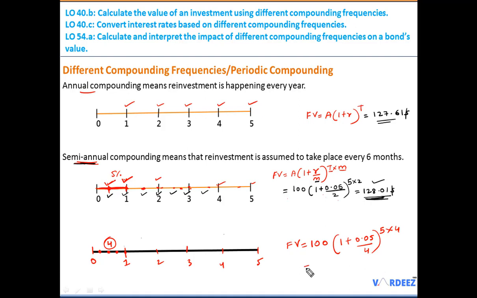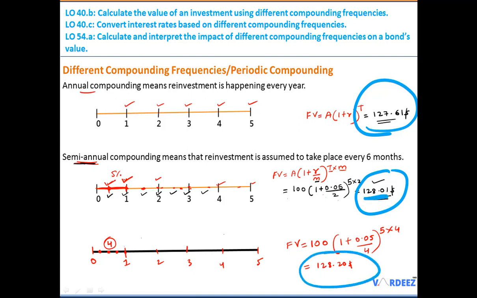And if I go ahead and calculate this, I will have my answer as $128.20. Now you can compare it: if I compound this annually, I have 127.61. If I compound the same money, the same time period, everything remains the same, but with semi-annual compounding, the amount is a bit higher. And if I compound it even further, the amount is also a bit higher compared to these two